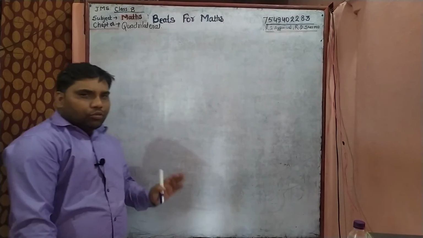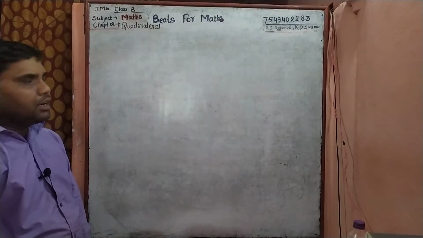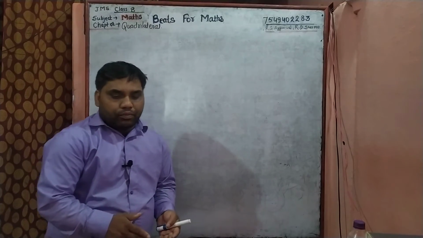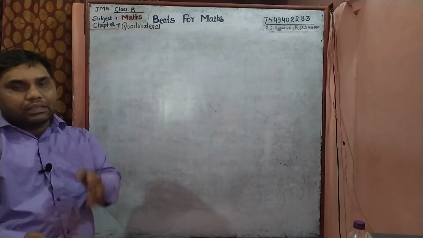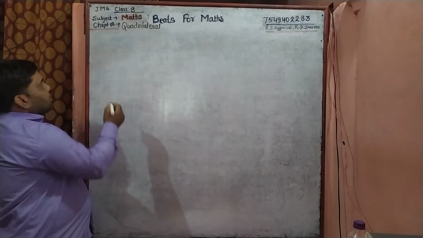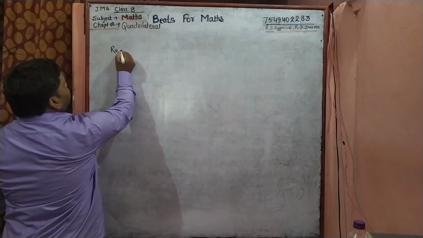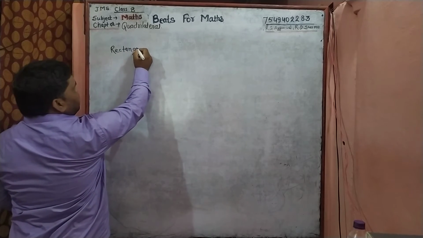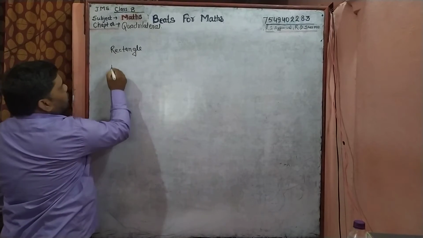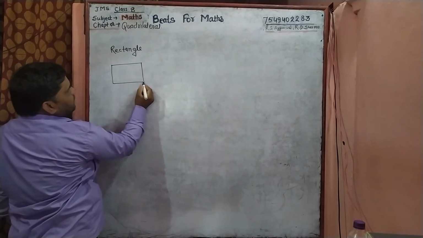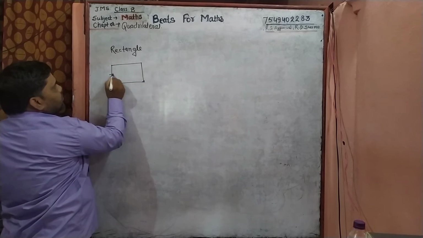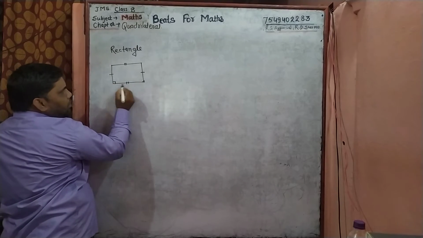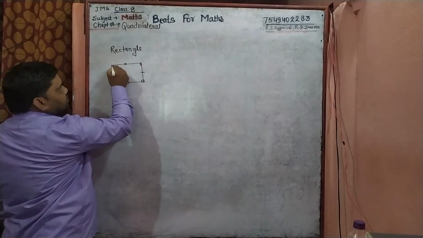Okay students, you got what the types of quadrilateral are, but further we will also understand the types of convex polygon, convex quadrilateral. Here, rectangle. Rectangle is also a type of quadrilateral. It is the quadrilateral whose opposite sides are equal. Means this side is equal to this one, and this side is equal to this one, and each angle measures a right angle.